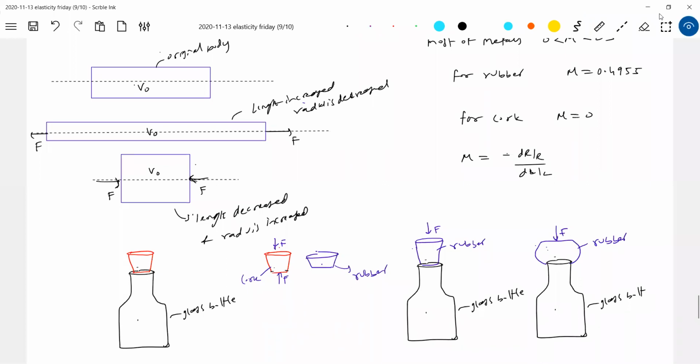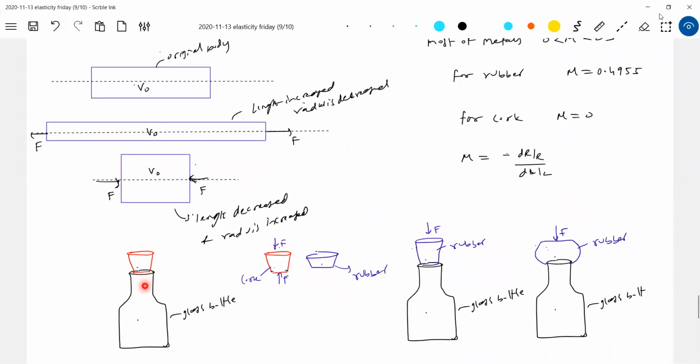That's why they searched for a material. They got cork. So what is a cork? Mu, Poisson's ratio, will be 0. If mu is 0, then though length decreases, radius will not increase. So I'll apply a force, and because of the applied force, the radius will not increase. And I'll make the radius slightly greater, because it should be tight. Suppose the radius is 1 centimeter, the radius of this cork will be 1.1 centimeter. I'll press it hard, then it'll go there and fit into the bottle.